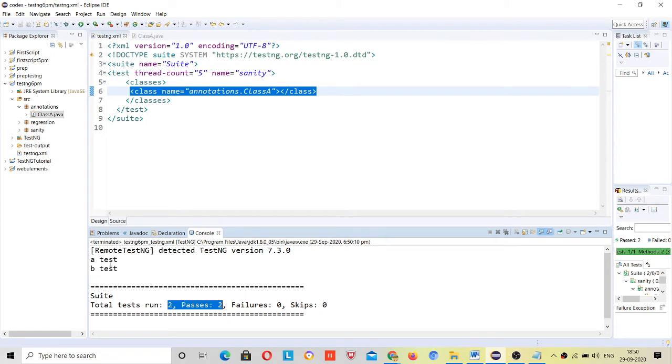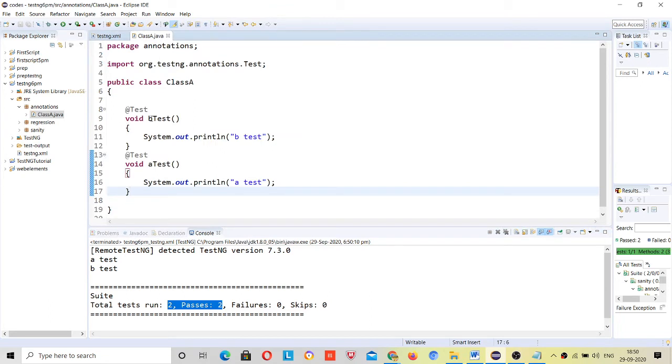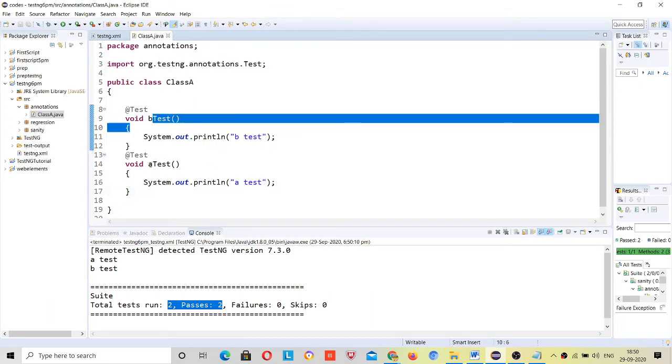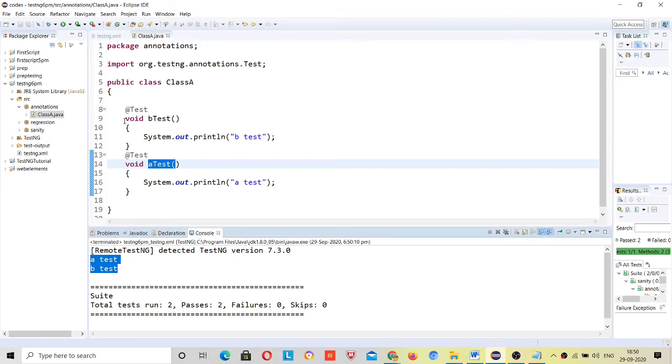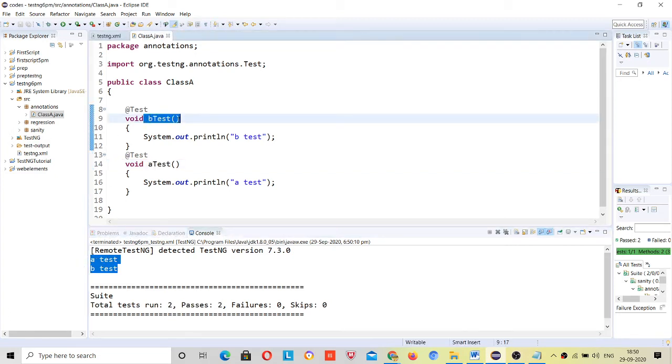Here I have given B test first, still it's running A test first. If you have not given any priority, then it will follow alphabetical order. Similarly, here output is A test, B test. Although we have written B test first, it is prioritizing alphabetically if you have not given any order.